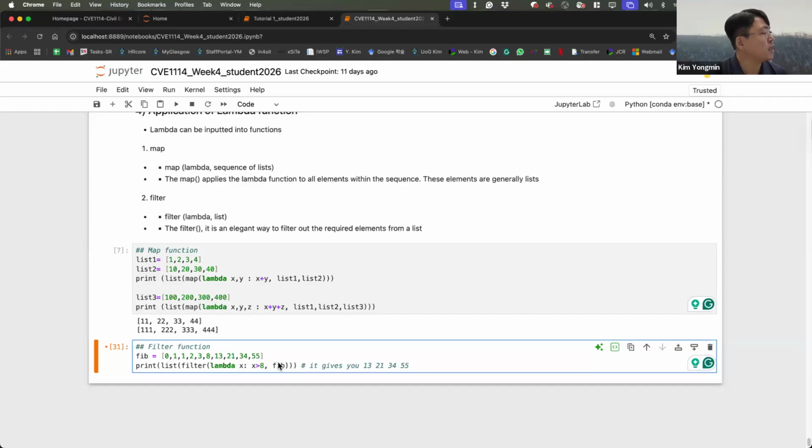Any number in this Fibonacci list, the lambda function takes these conditional expressions. Let's say it is true, only this value will be filtered out from the original list.